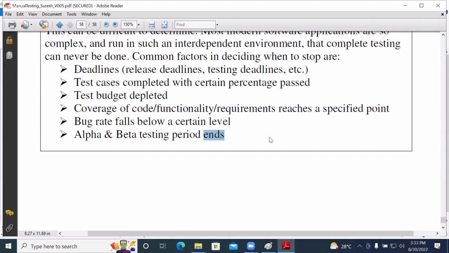Once alpha testing and beta testing are both completed, it will move into the live environment. As the project has moved into the live environment, you can think about stopping the testing. It's not a fixed condition or a particular rule. If there is a need to stop the testing, we can consider these particular points and take care of stopping the testing.